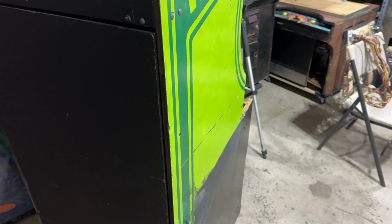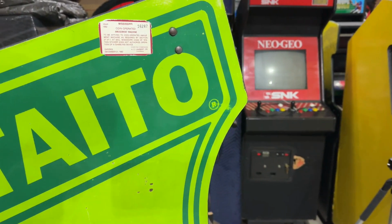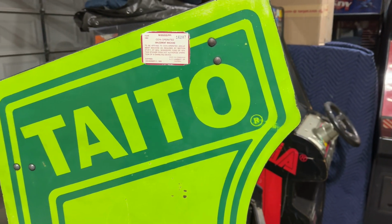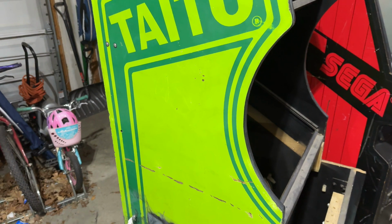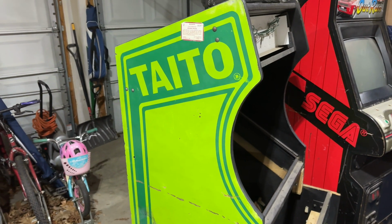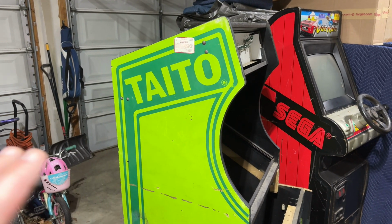And what I'm uncovering is the original stenciled artwork. This isn't perfect, but like I always say, I'll take a C quality original over an A quality reproduction any day. And the reason that I'm using the magic eraser technique with this one instead of the paper towels and the saran wrap and all that